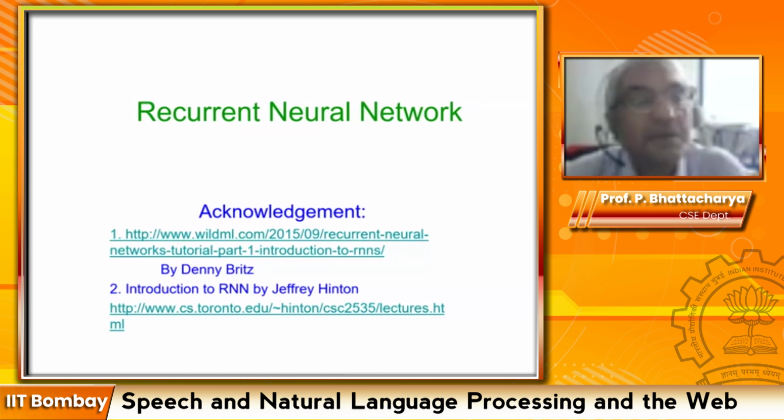Now we would like to start recurrent neural network, and we would like to see next week the application of feed-forward network and backpropagation to natural language processing. In particular, maybe we can take one of the problems in natural language processing like sentiment analysis, text classification, or even a foundational task like dependency parsing. So when we do dependency parsing,